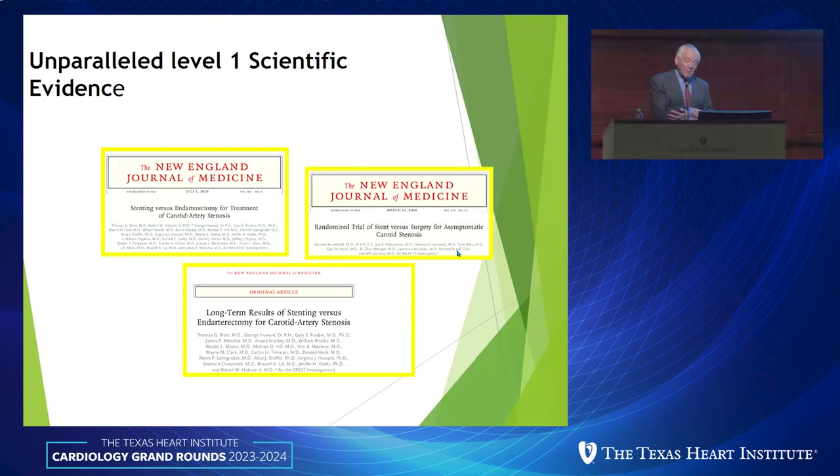In 1998, I began working with Bob Hobson, a vascular surgeon, and Tom Brott, to put together that study, which took us 10 years. We finished that in 2010. But the results of all the studies we have done represent unparalleled level 1 scientific evidence that the technique that we developed, with the improvements along the way that I'll speak about next, has a place alongside endarterectomy as a very, very effective technique for preventing stroke in patients with high-grade carotid disease,